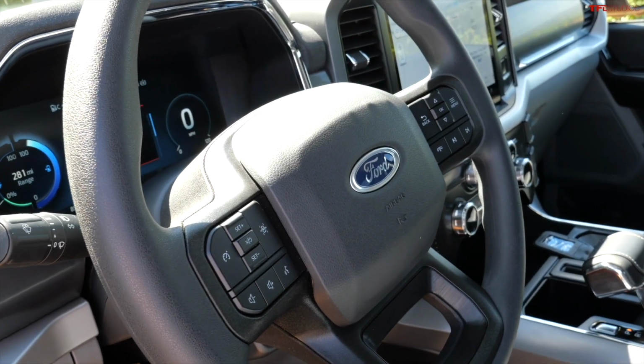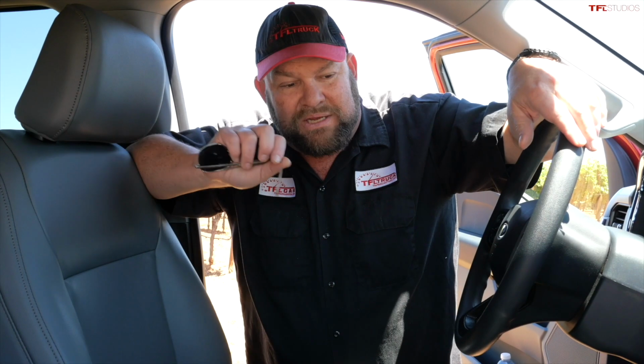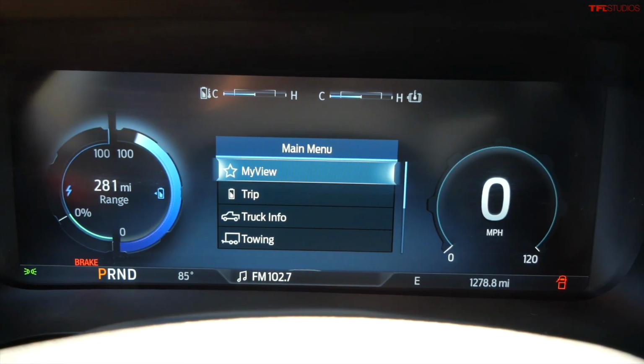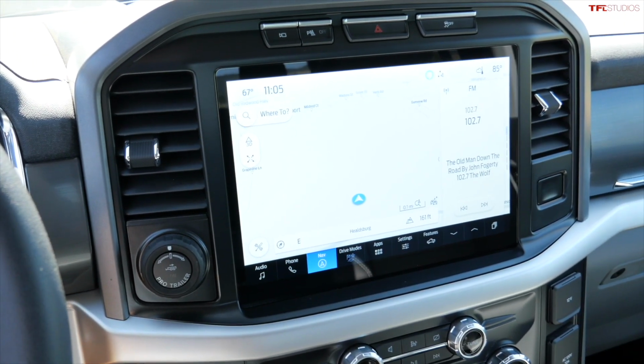Just plastic. Another thing is vinyl floors. Once again, very utilitarian, easy to clean out. What about the rest of the interior? Well, you'd be surprised to find out that even though this is the Pro, which is less money, it has a lot of the stuff that the other ones have, including a 12.3-inch digital screen, and a 12.3-inch screen with Sync 4